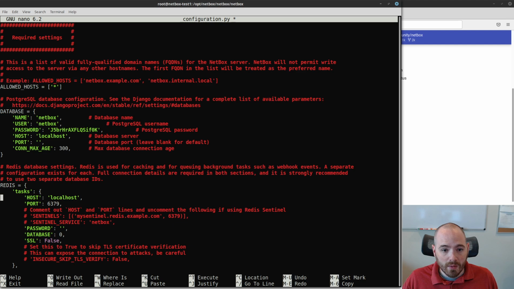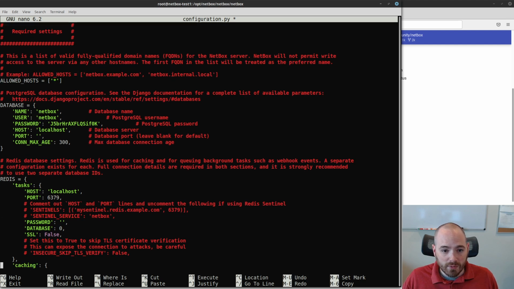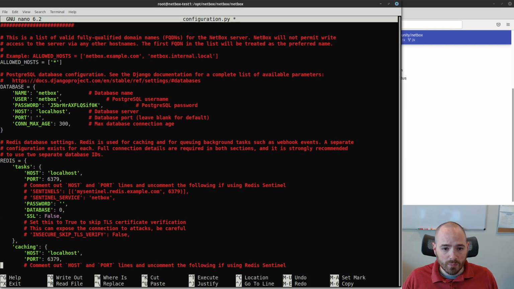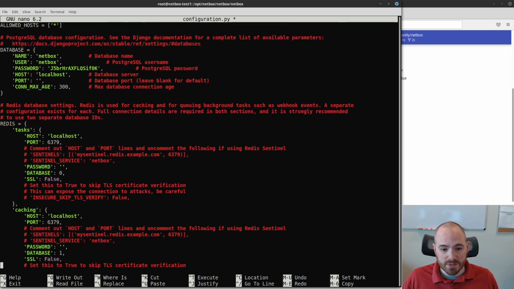The third parameter under here is Redis. We're connecting to localhost on port 6379. These are the defaults. Again, if you're running Redis externally, you'll want to update the host name and port number to match that. We're not using a password here because it's running locally. We're using the default database. So for our purposes, this is all fine to keep